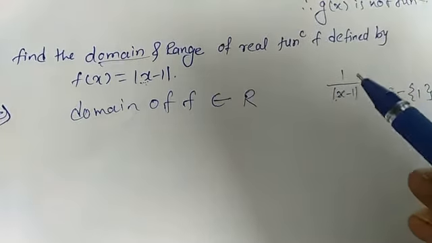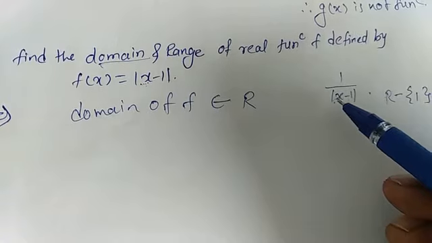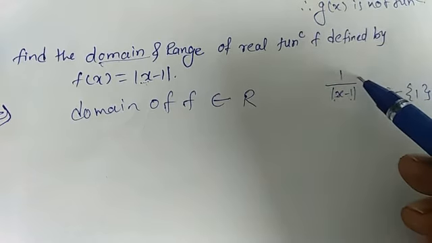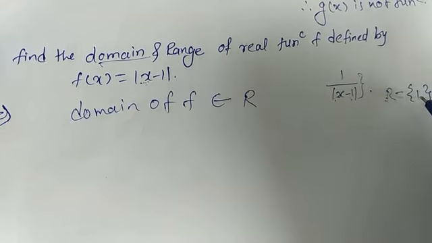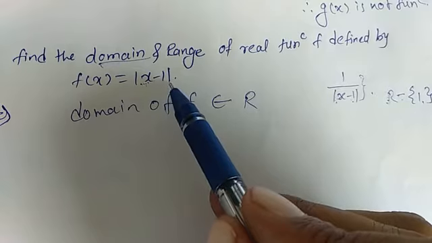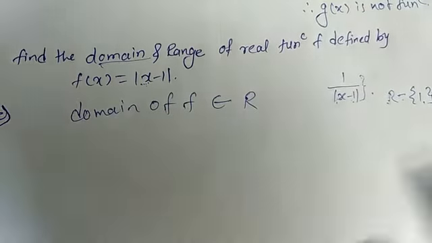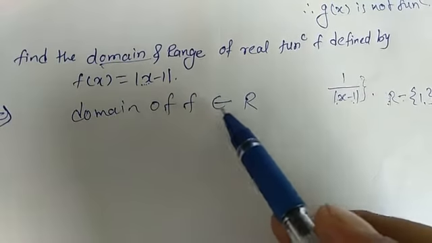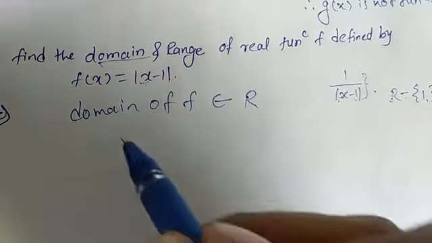It is okay for minus 1, but for x equal to 1, it will be 0. So our domain in this type of case will be R minus the singleton 1. In this example, mod of x minus 1 is in the numerator, and its denominator does not contain x. So here the domain of f belongs to R, and its range